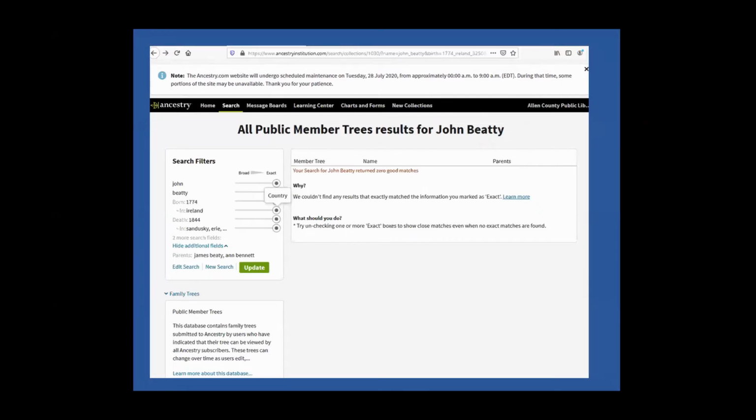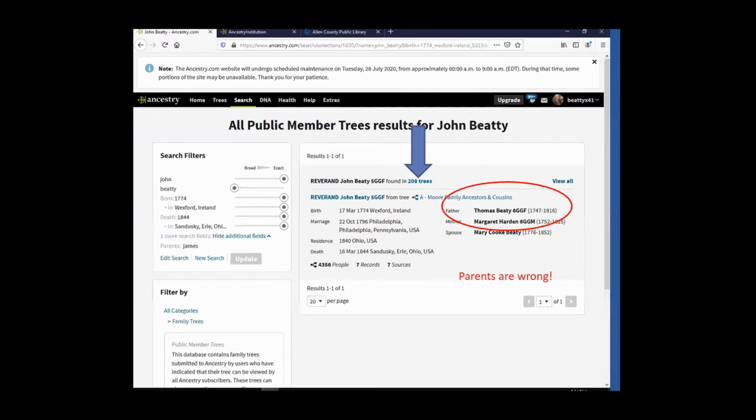I get no hits, even though I have a public tree and that man is on that tree. A user sitting at our computer at the library will not be able to find him using the public member trees on the library version. Now, if I use the subscriber version, the algorithm pulls me up a